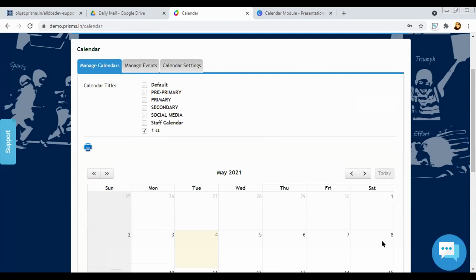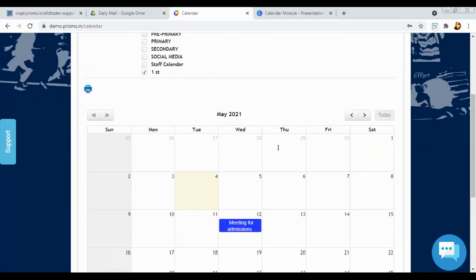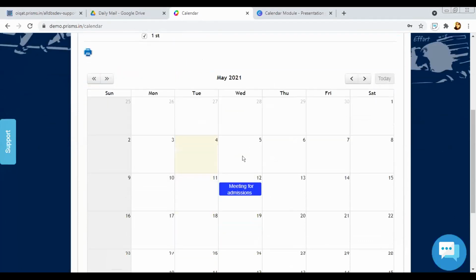Should we repeat the share every time a new event is created? No. Once you share it, you don't need to repeat it. You just need to add the event in the menu. And also, suppose a first standard student, you can have multiple shares. Now go to the calendar settings.